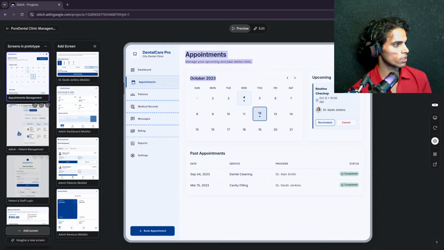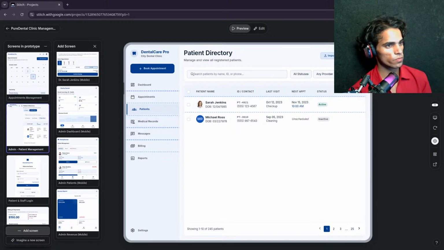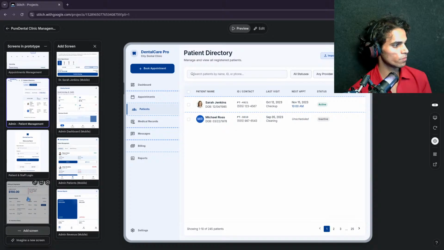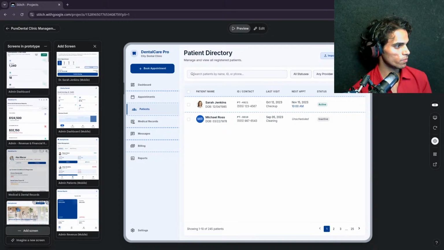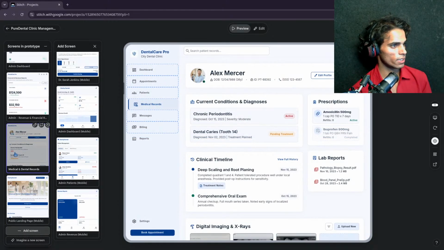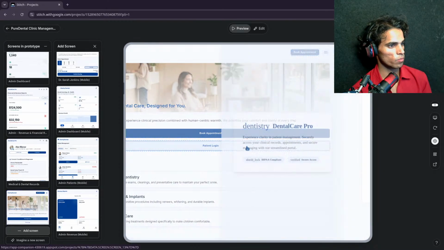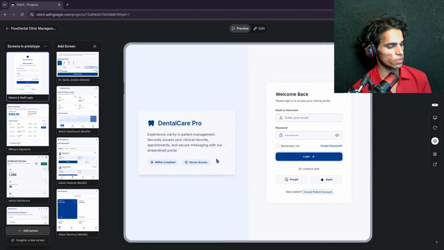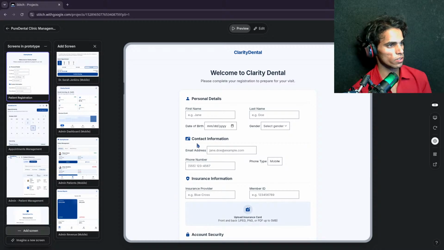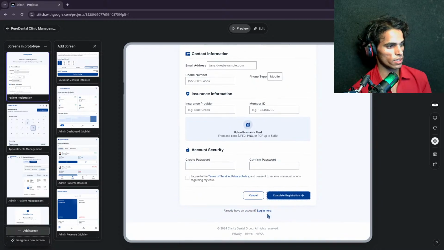So let's get into the admin patient dashboard, new patient. Okay, these are not clickable right now. We can connect them, but I think that's extra time wasting, so I will skip this for now. Patient login. We'll get into this page. Great. And if I click create patient account, here the patient can create an account and here the patient can log in. Okay, this is not connected again. Not a big deal. We can manage this.